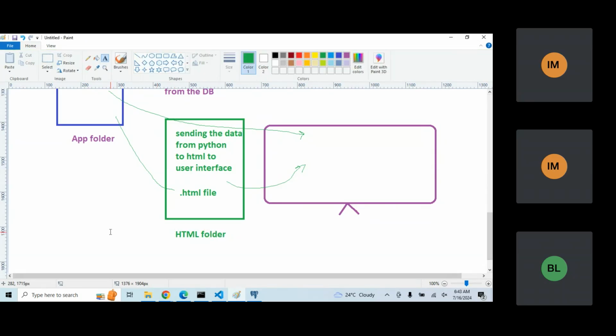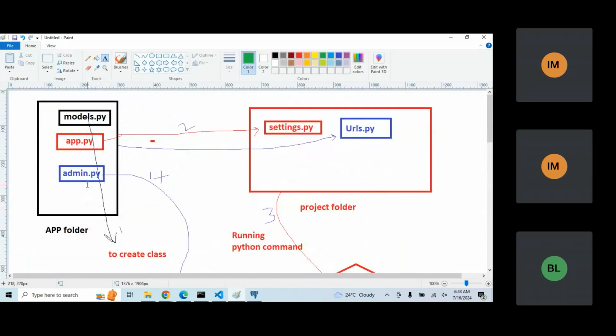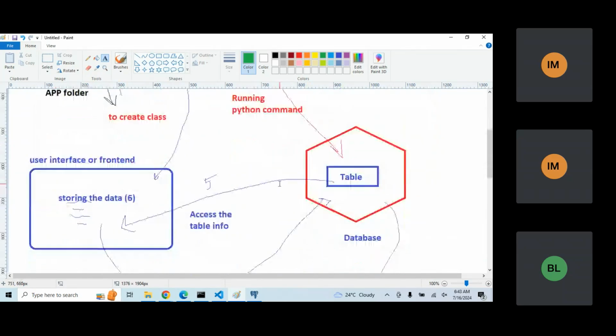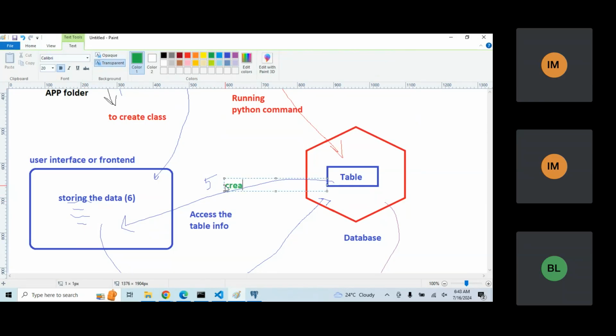Simple concept is there. What actually we are doing, first of all, we have to create the classes and then we have to do the settings and then you have to run the Python command. Then the table is created in the database. Then we are going to create the super users to access the table information. So let me add here, creating super users